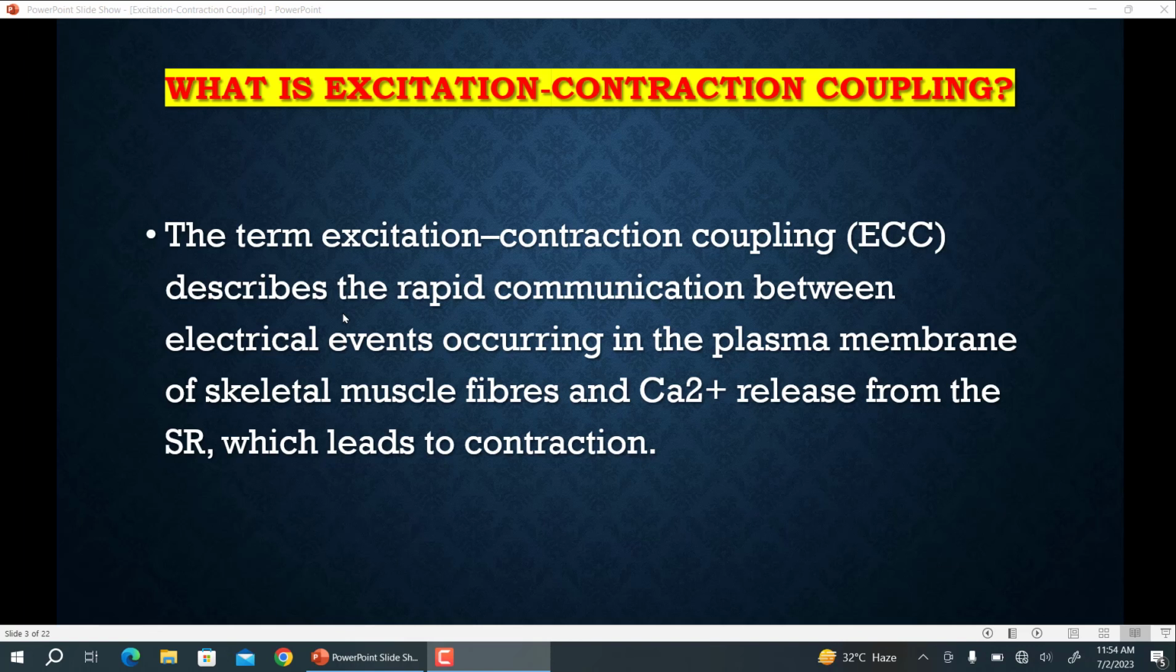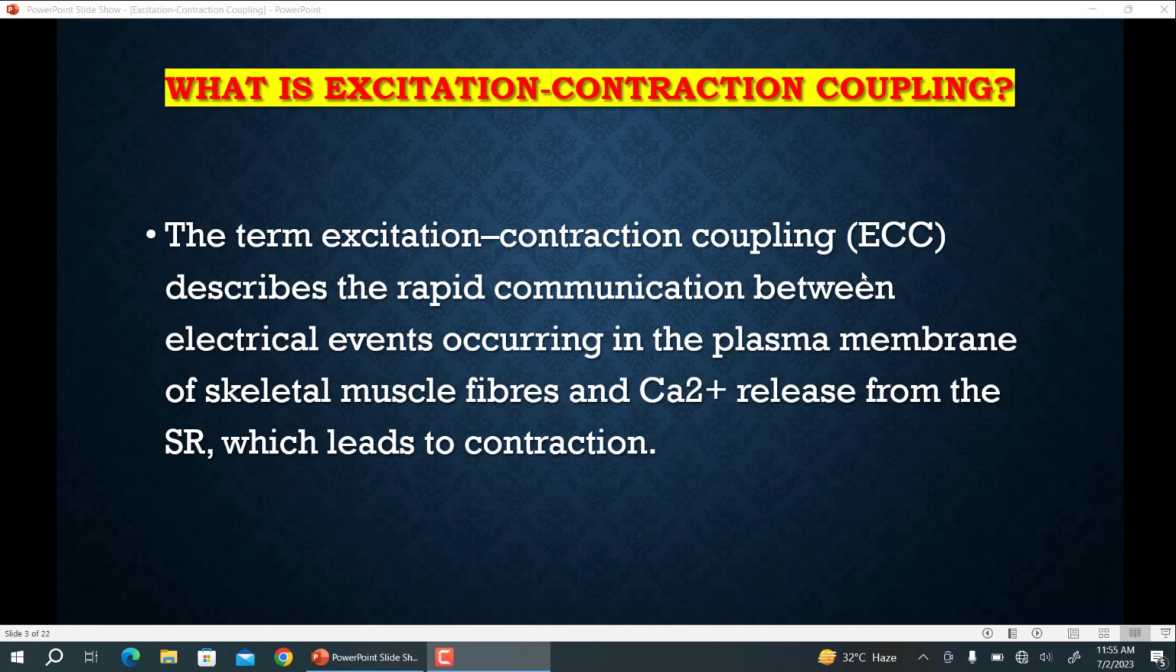So what is the excitation-contraction coupling mechanism? The term excitation-contraction coupling, which is written in short as ECC, describes the rapid communication between electrical events that occur in the plasma membrane of the skeletal muscle and calcium release from the sarcoplasmic reticulum, which leads